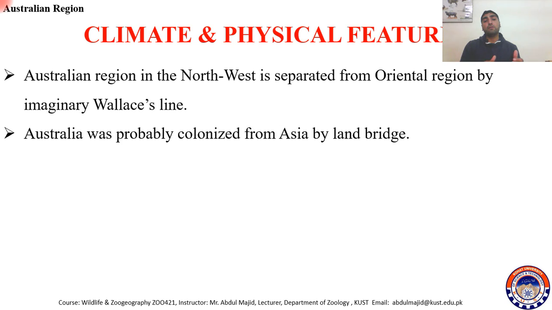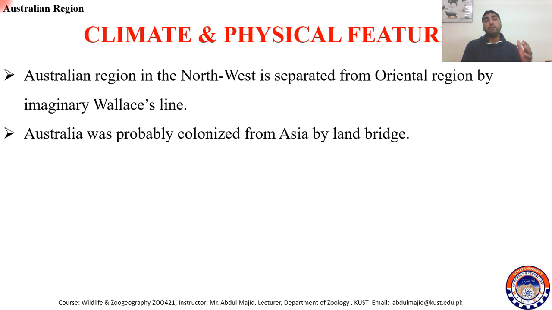So till then Australia was colonized because there was a bridge. Through that bridge animals from Asia, from the Oriental region or from any other region, migrated and dispersed into Australia. But there is one problem: before the origination of modern mammals, the placental mammals, Australia got separated from the mainland, and that's why